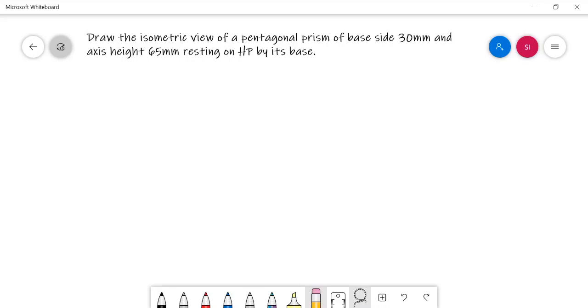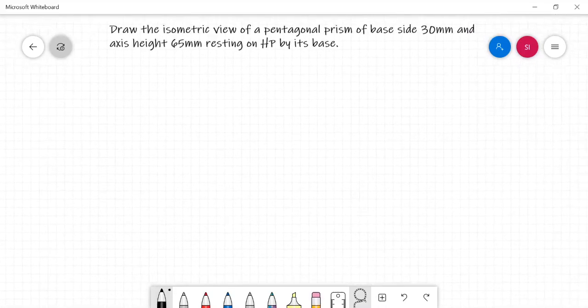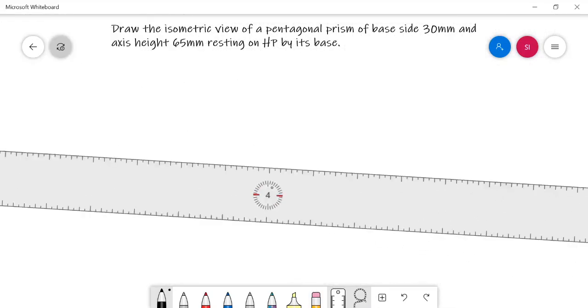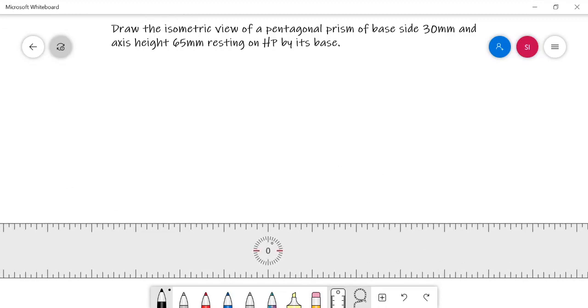So it's a simple solid with a simple resting condition. We are going to draw its both orthographic and isometric views. So always we need to start this type of answers by drawing the front and top views of the solid, that is the orthographic views of the solid. Thereafter we can go for drawing the isometric view by using our box method. Now I am going to draw the isometric view starting from the XY line.